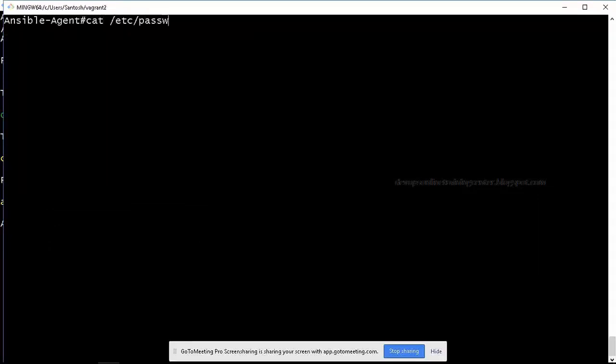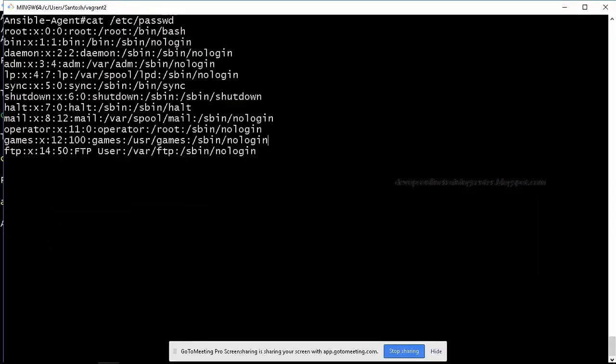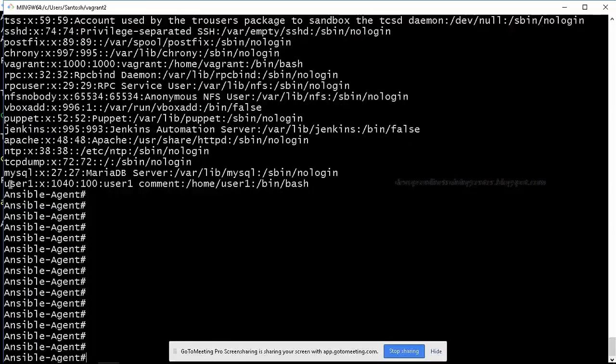Check /etc/passwd. There is a user created, user one, with the UID we have given, 1040, and the user is part of the user one group. Comment is fine, shell is fine, but the user is not added to the second group, right? The user is added to only one group, user one.